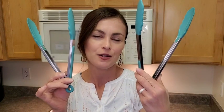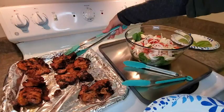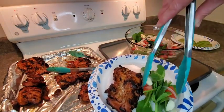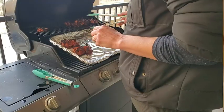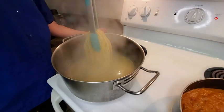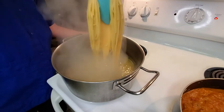Hi, my name's Brooke with WTI, and this set of U-Taste tongs are so great. This 12 and 9 inch come in handy and hold my food. They grip onto it without dropping my food, especially my spaghetti noodles, my meats, my salad, and they're just so